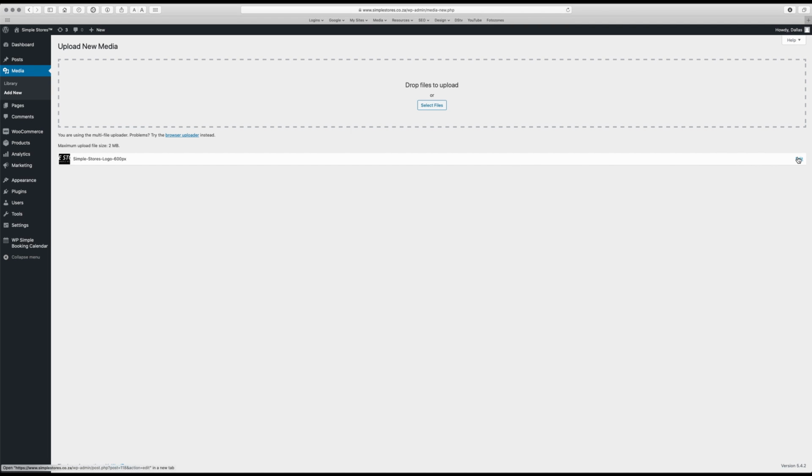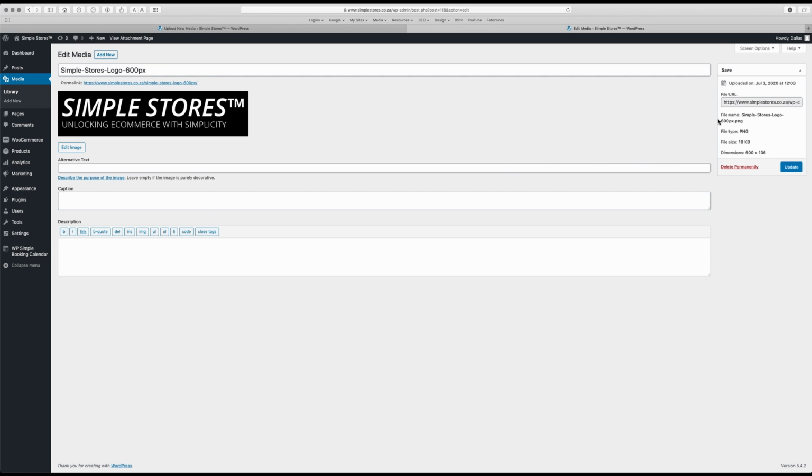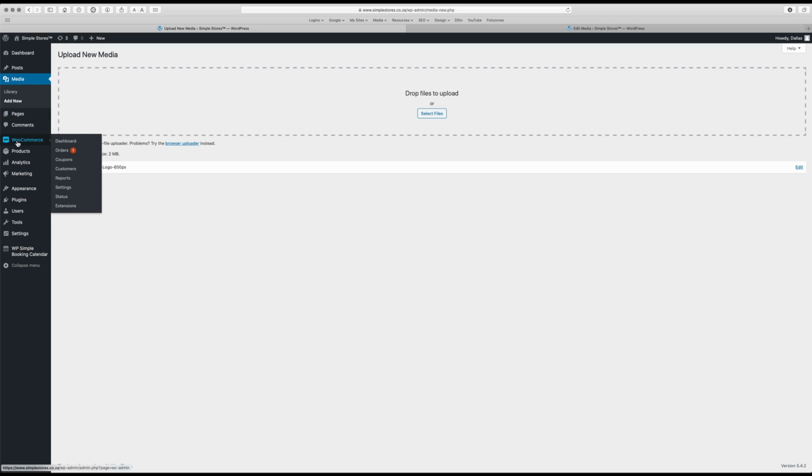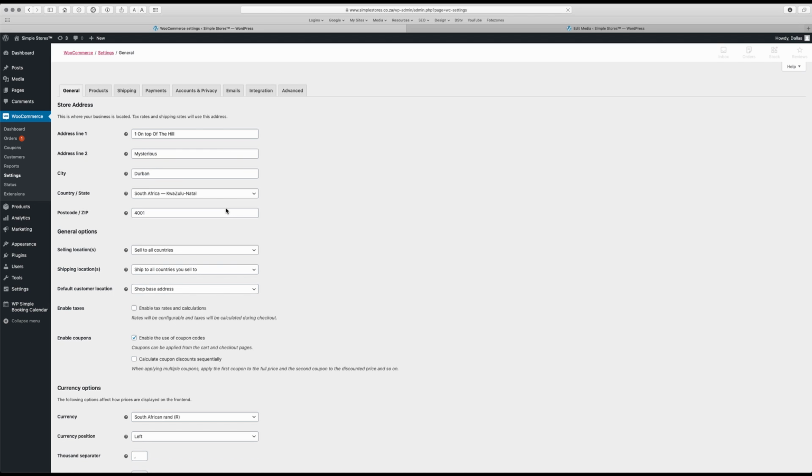And I'm now going to click on edit over here because I want to find out where it is. So that is the file URL. That's the information I'm looking for. So if I triple click on that, right click and copy it, and I then go back to where I was before under settings of WooCommerce, back to emails,